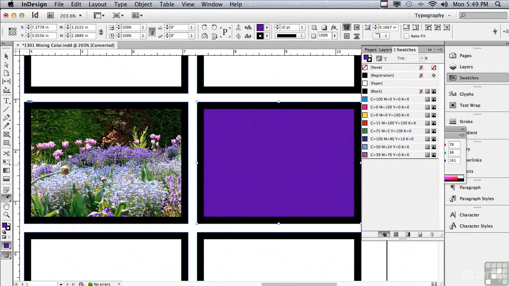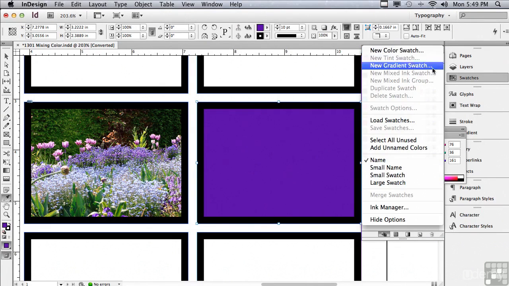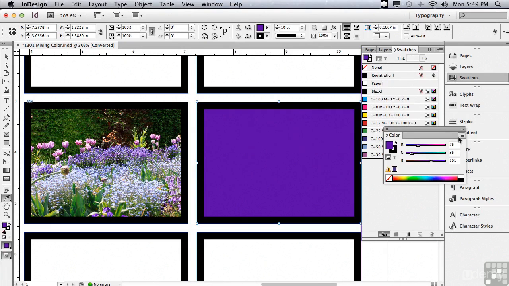That's something that's kind of cool in that now I can save a swatch that will definitely go with the colors in my photograph. So if I go either under the Options menu to new color swatch, or if I'm in my color panel, I can go under the Options menu to Add to Swatches. But you can see that this particular image happens to be RGB,